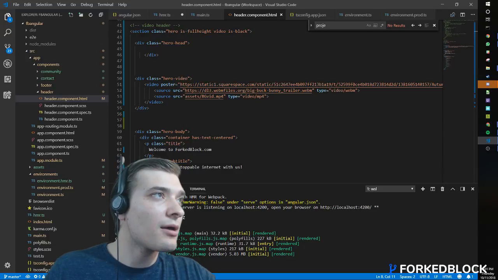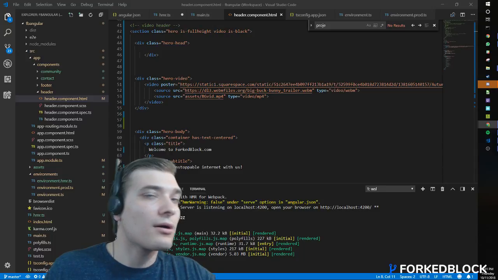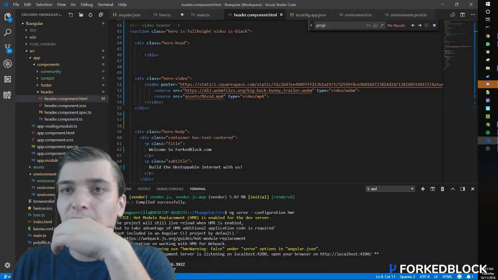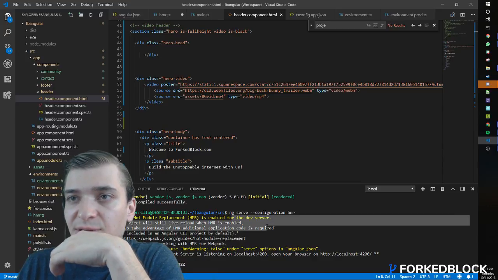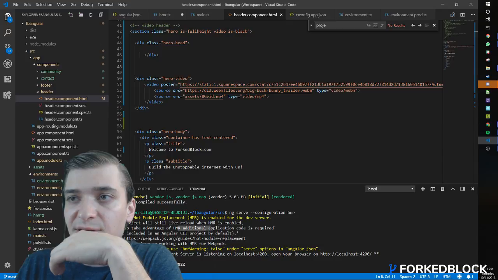Okay. Hot module reload is enabled for the dev server. The project will still live reload when HMR is enabled, but to take advantage of additional